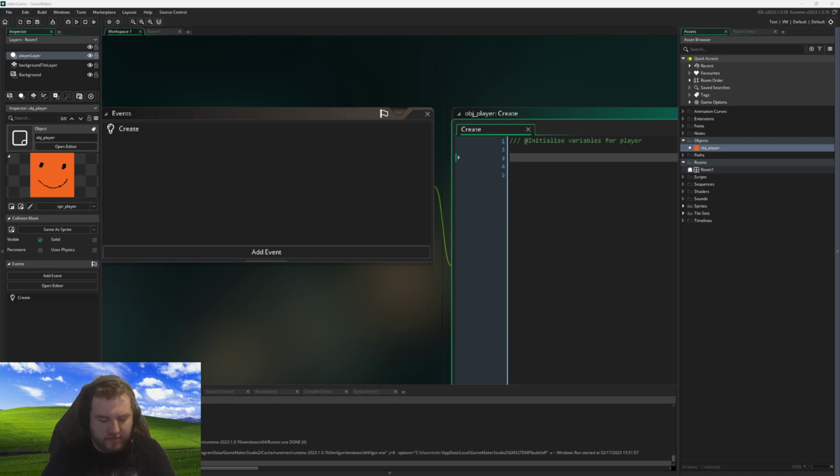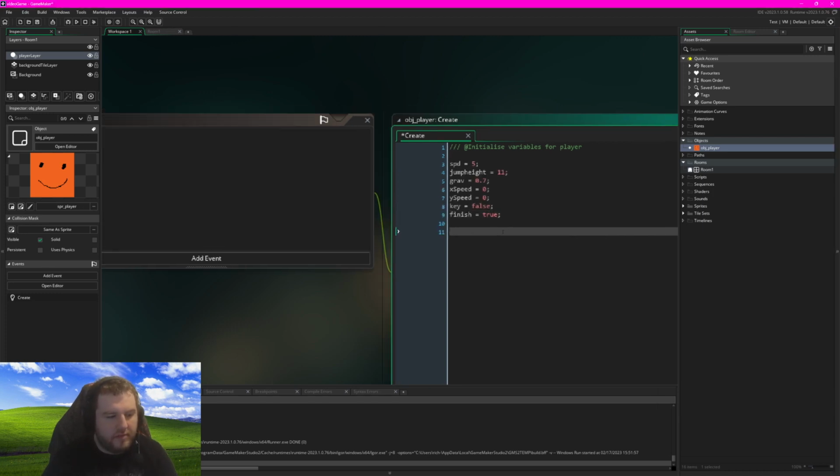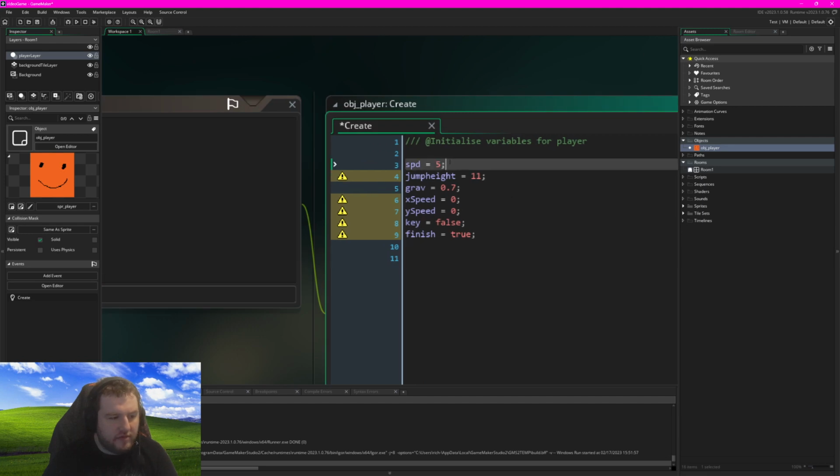So these are some of the variables I'm going to use. I'm going to nick some code that I've got from earlier. So basically, I've made things called speed, so that's the speed at which the character will travel. Jump height, how high the character jumps. We've also got gravity, the higher the gravity, the quicker the